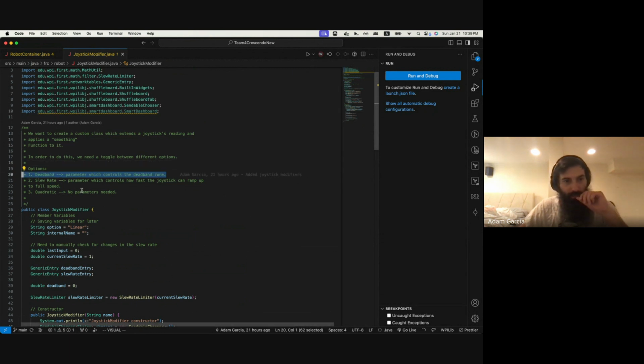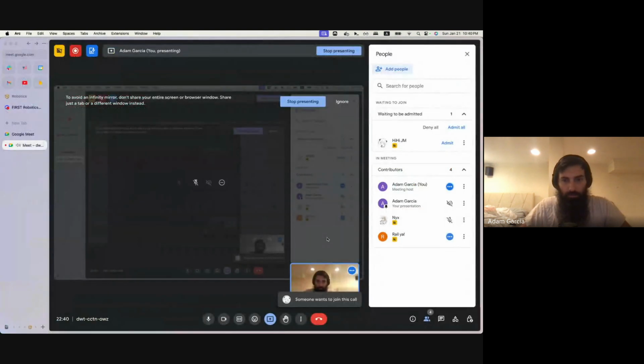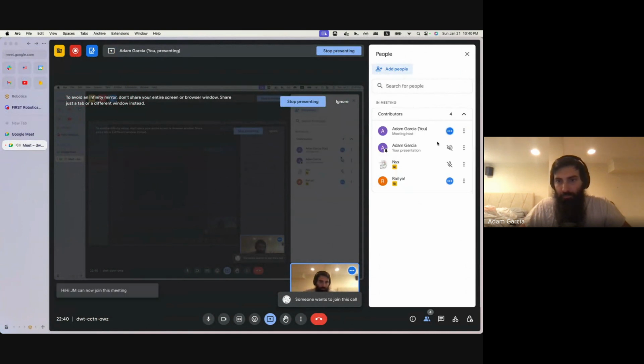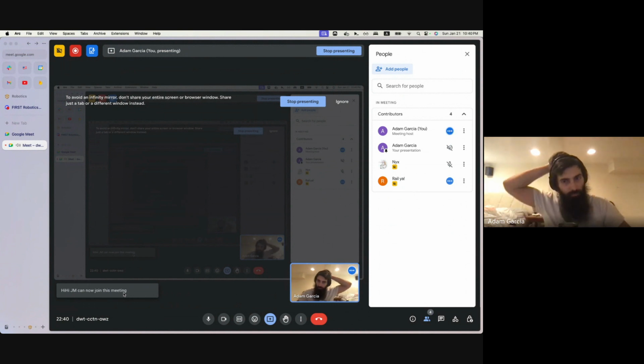The first is a deadband. Within the little radius around the joystick's neutral position, that should be registered as 0. There's something called slew rate control, which is basically limiting the